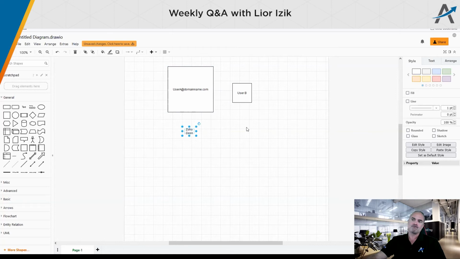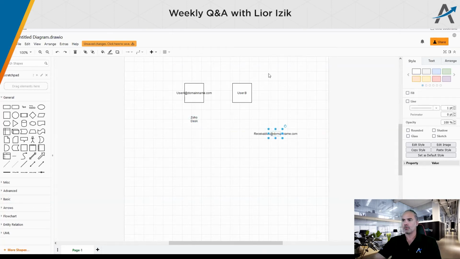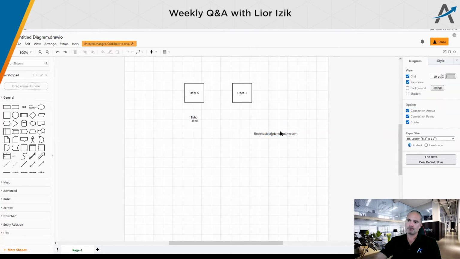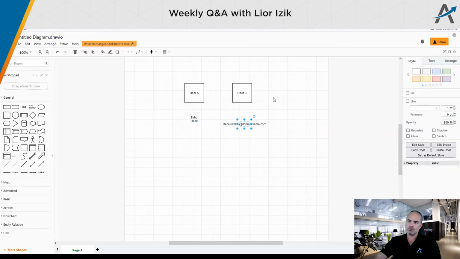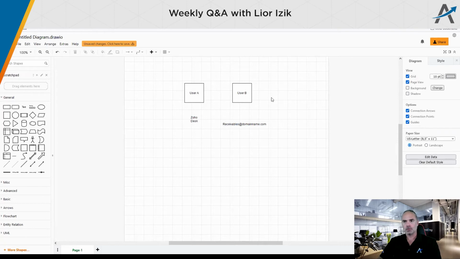Okay, so in this scenario, sorry to jump in, when we send out an invoice to the client, is it going to say that it's coming from receivables at domain? You know what? I'm thinking it might just create more confusion.